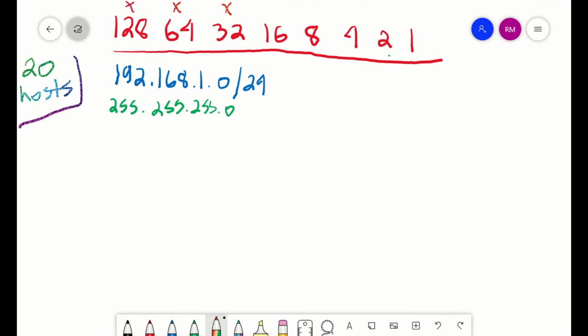Now 16, check. Now if we do 16 plus 8, that's going to be 24, so we don't want that. But hey, look at this. 4, if we do 16 plus 4, we get 20 exactly. So then we don't need the 2, and we don't need the 1. So if we look at the ones that we've checked off, we see that we got 16 plus 4, and